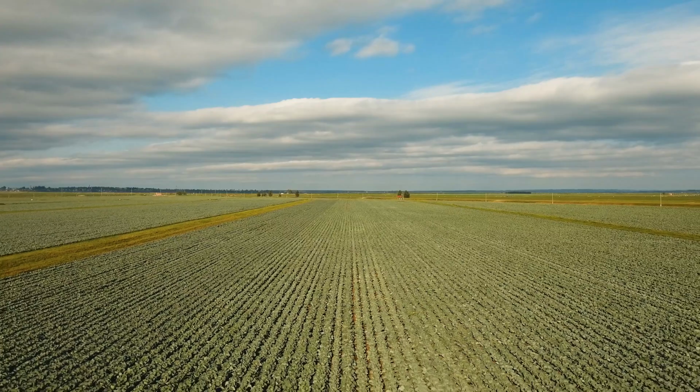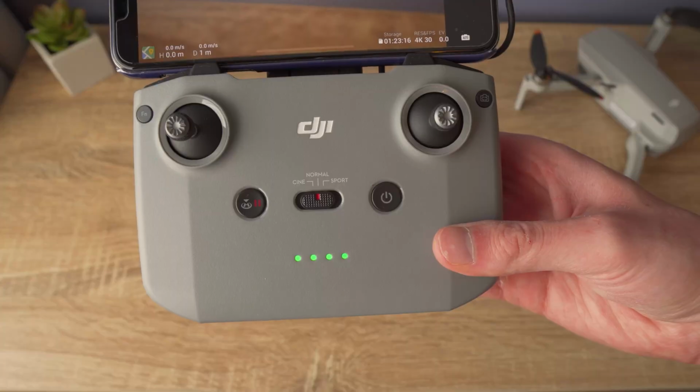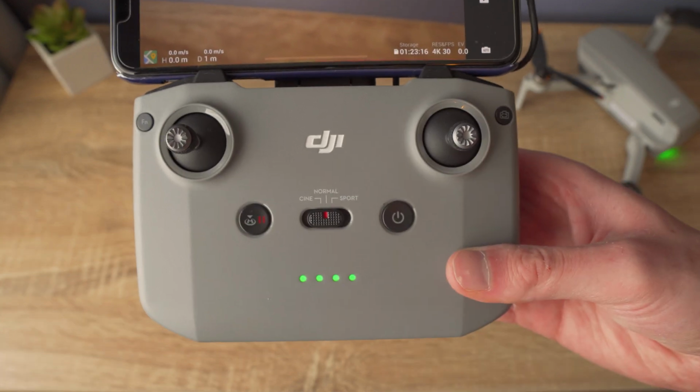If you play Xbox or PlayStation or use any game controller, these sticks will feel relatively natural to you, although I recommend the first time you fly, you do it in a large open area, such as a football field. So briefly, again, the return to home function, if you trigger or lose signal, it will fly back to